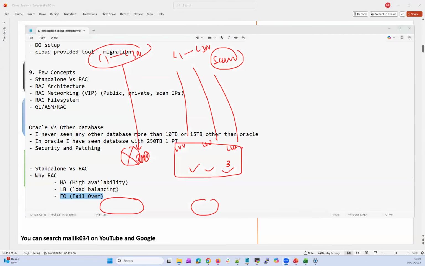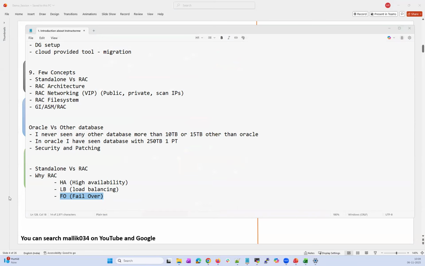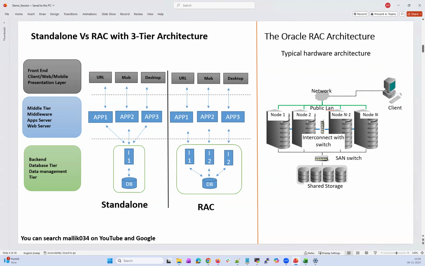Right, and then finally your failover. Failover is the other brilliant concept in RAC. Let's say my client 1 is connected to instance 1, client 2 to instance 2, and client 3 to instance 3, and let's say my server 1 crashed. Here my server 1 went down. Automatically, client 1, who connected to instance 1 or server 1, will have this connection go to either instance 2 or instance 3. That's automatic failover.